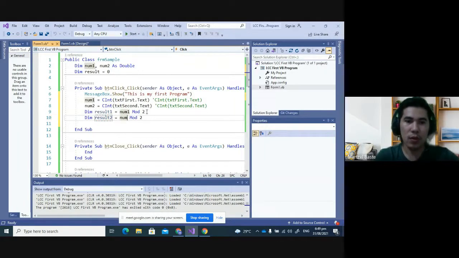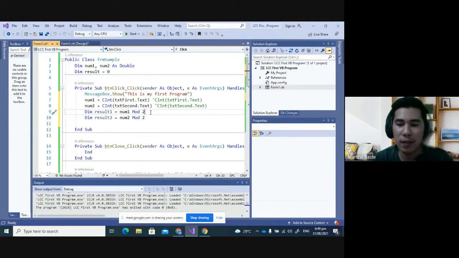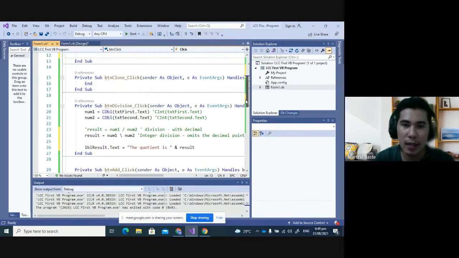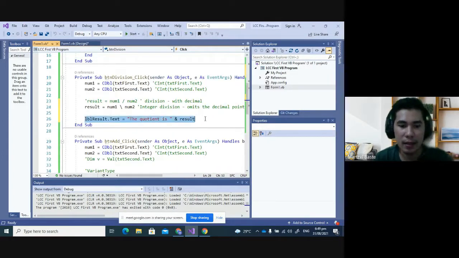Num2 mod 2. So this one is also a division. However, ang pauna ni is remainder. Same sa modulus division. So this is what we call modulus division. Same sa other languages or other PL. So now that's it. When we run our program, if i-display nato siya sa, let's say here,